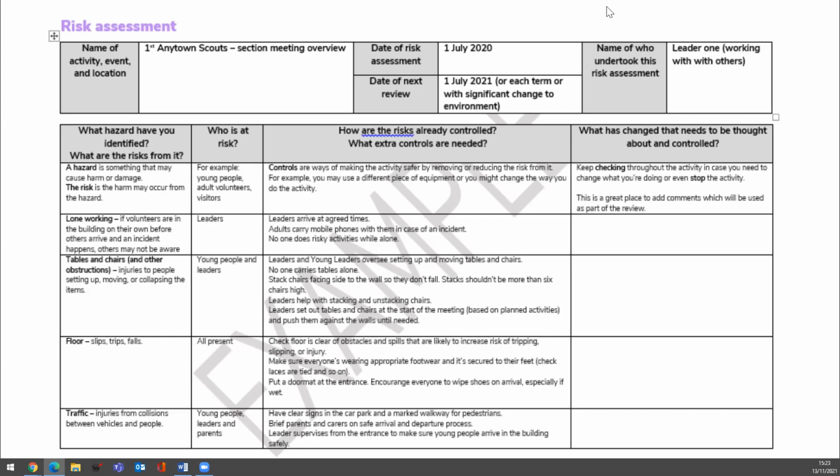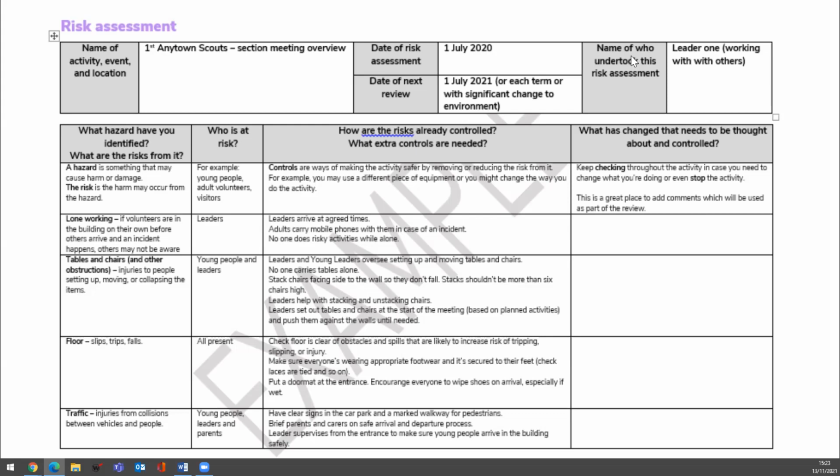Don't be afraid to do that if something happens. And it's worth having a plan B in place in case this happens. If there's something you're expecting, hopefully we wouldn't be expecting it to go wrong, but if there's something you might be a bit concerned about or you've not done before, have a plan B and make sure you communicate that to people as well, so they know if something does happen, they know how to act and what the plan B for that activity is.